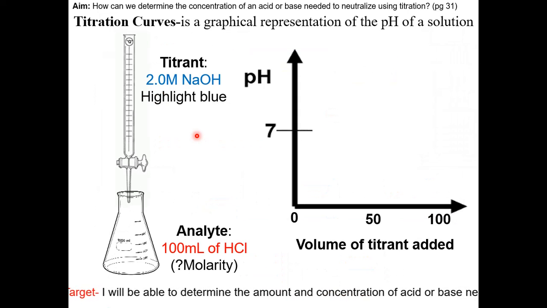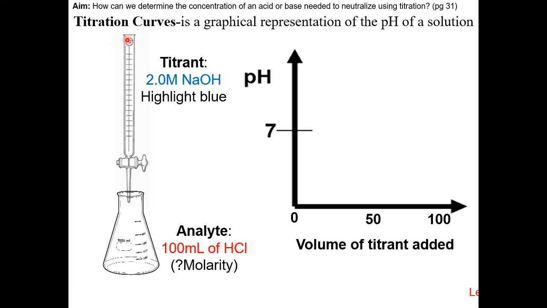We're now going to go over the details and the procedure of a titration experiment and draw a titration curve. Titration curve is a graphical representation of the pH of a solution during a titration experiment. So here's your setup. Here we have a Buret. We're going to fill the Buret with 2 molar NaOH, which is a base and is a titrant in this experiment. The analyte will be HCl, which is an acid, and in this experiment, we're trying to figure out the